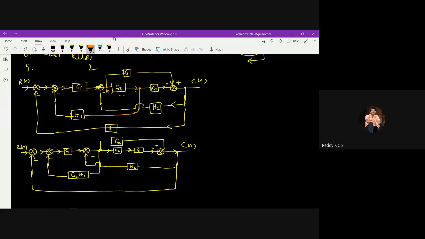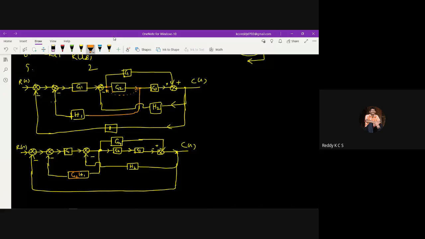behind the block, I mean, before the block. We can say before the block. When we say shifting a takeoff point before the block, I mean towards the left side, I'm moving. Then the same block gain value, that is, what is the block gain over which I'm shifting? I'm shifting over the G2 block. So the same block gain value G2 will come into the picture here. So the G2 will be added in series with this, meaning blocks will be multiplied, because G2 here and then H1 here, both are in series. Then I will multiply G2 into H1.